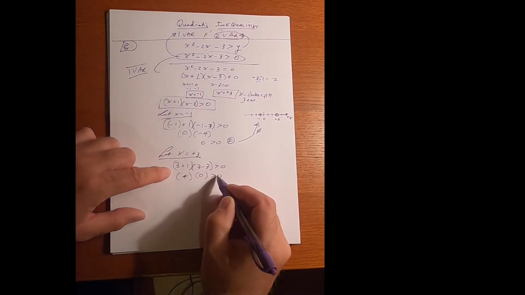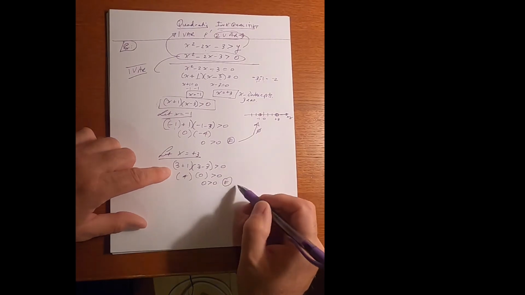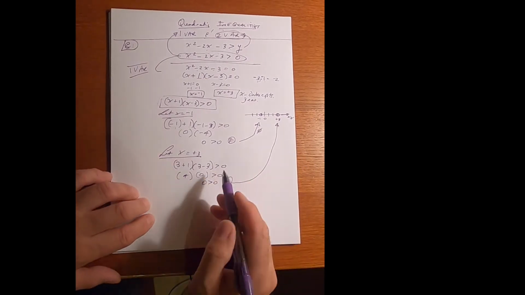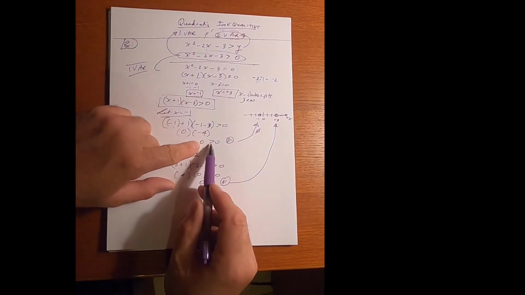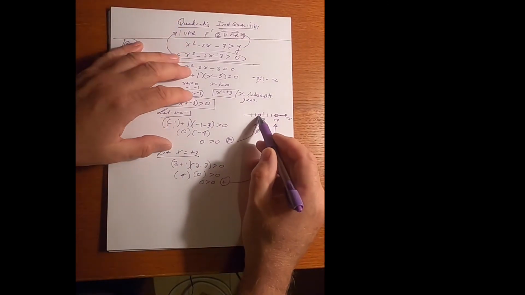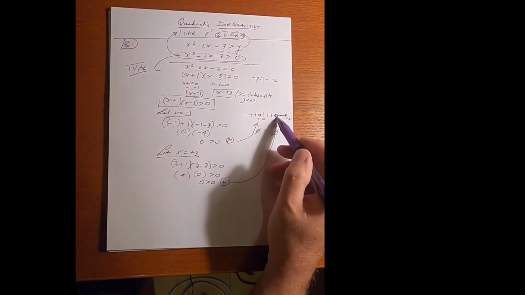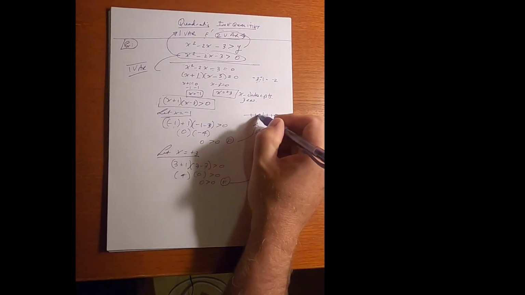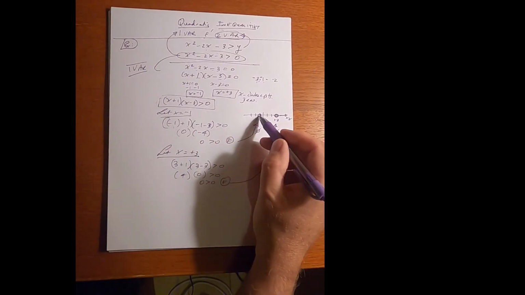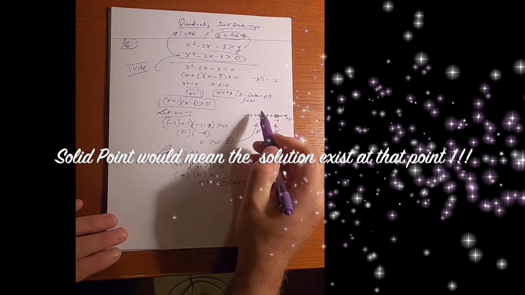So you get 0 is greater than 0 again, and that's going to be false. So you're finding out that these intercepts are just zeros. Now if this inequality was greater than or equal to, then it would be satisfied, and the solution would live there. But in this case, the solution does not live at +3. So putting the hollow circle here is very good,